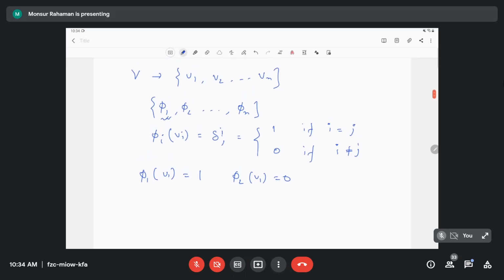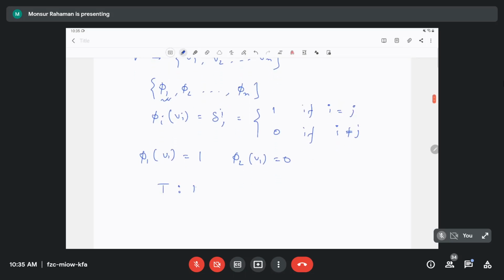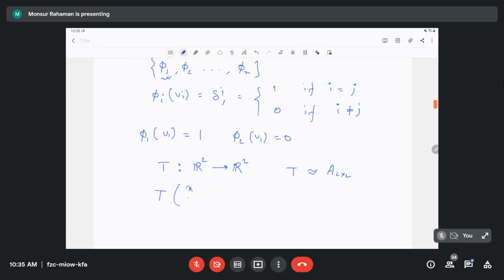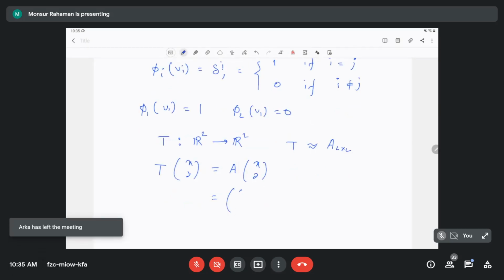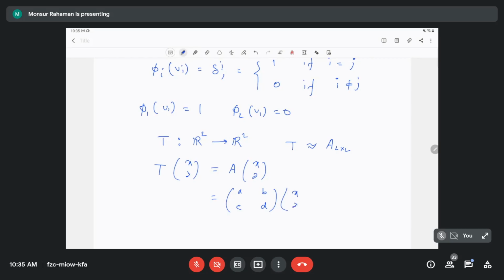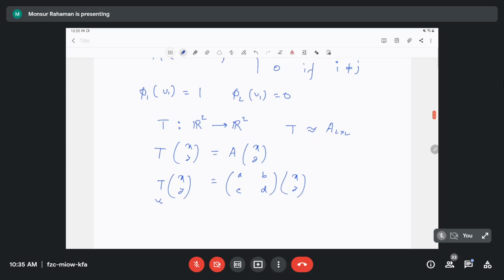Okay, so if this is a linear transformation from R2 to R2, it acts like a 2 by 2 matrix. It will take a vector and give a 2-dimensional vector also, but you can write it in this way with x, y, because A is a 2 by 2 matrix, so you need 4 scalars to define that matrix. So to know about this linear transformation, all you have to know are these scalars A, B, C, D.